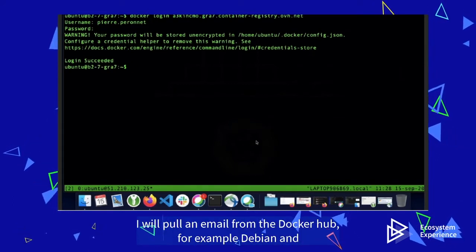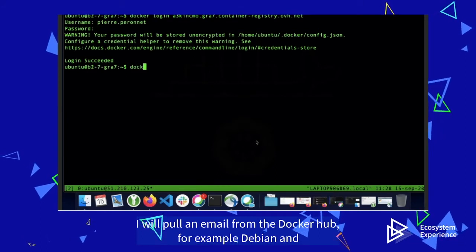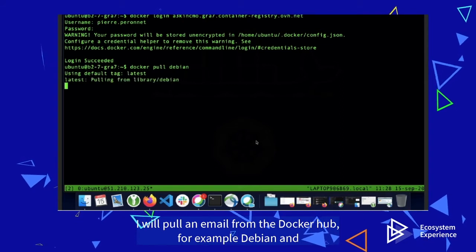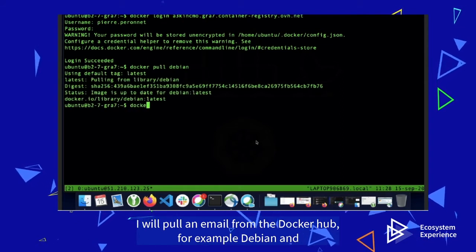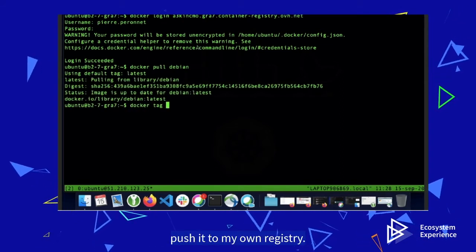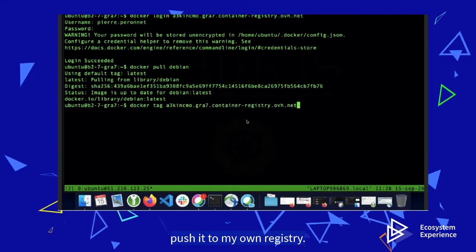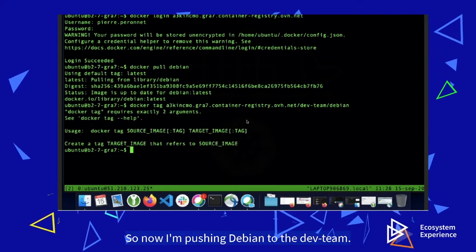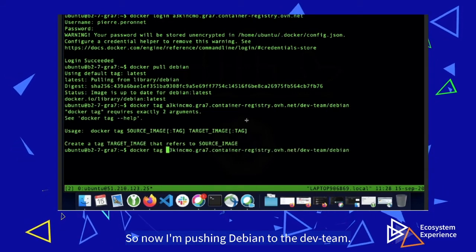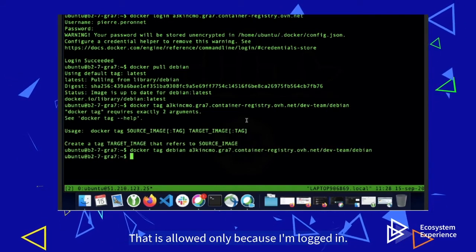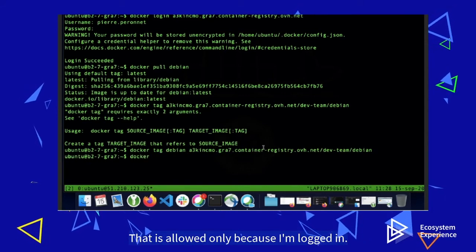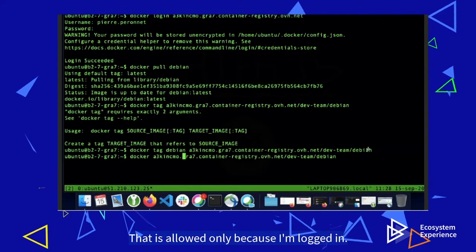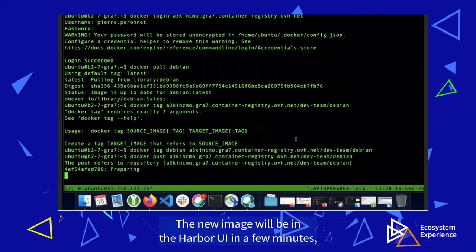Nice. So what's now? I will pull an image from the Docker Hub, for example, Debian, and push it to my own registry. So I'm pushing Debian to the dev team project, and this is allowed only because I'm logged in.